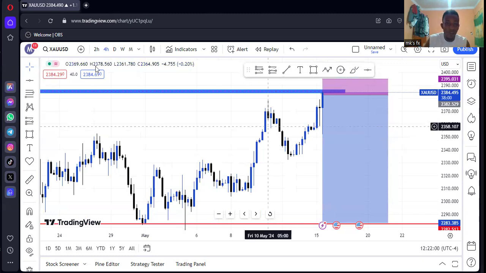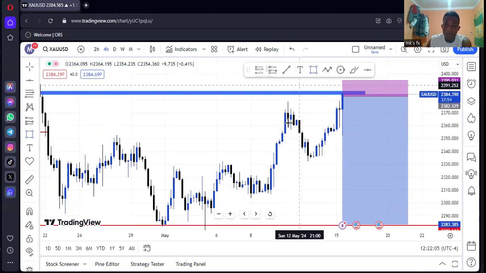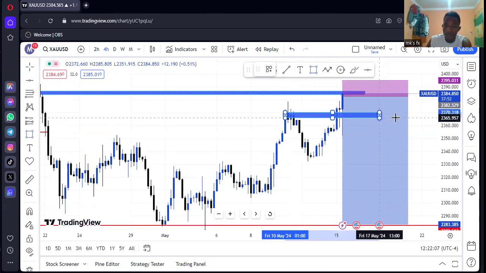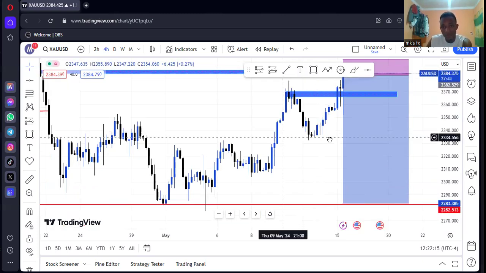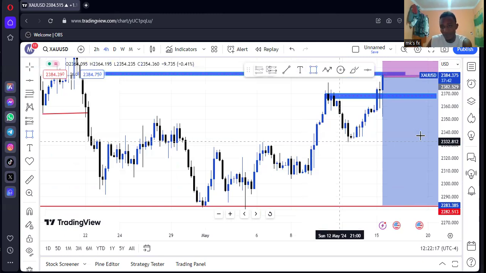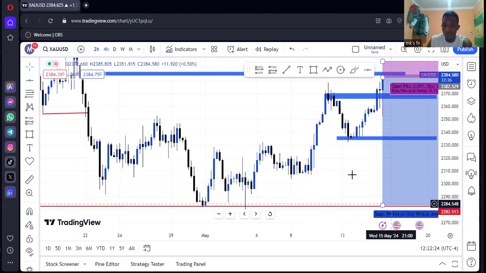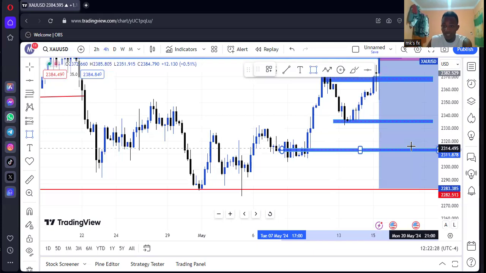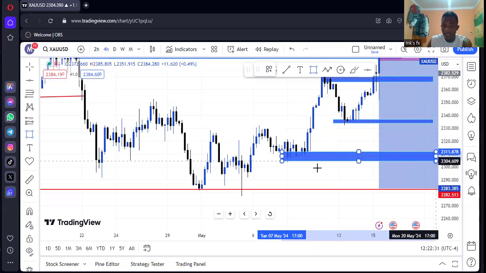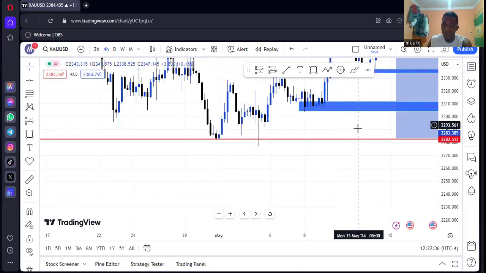If you're watching the video after, when gold is going, let me show other sell opportunities. When gold breaks this level here, that's for the future, for those that are going to see this video late. When gold breaks this level here and then retests, you can take a sell with your stop loss here. And when it breaks this other level here, you can take the sell with your stop loss above here. All the TPs should be here. Or if you meet it when it just breaks this level, you can also take a sell from there, your TP here, and another sell when it breaks this level and retests.